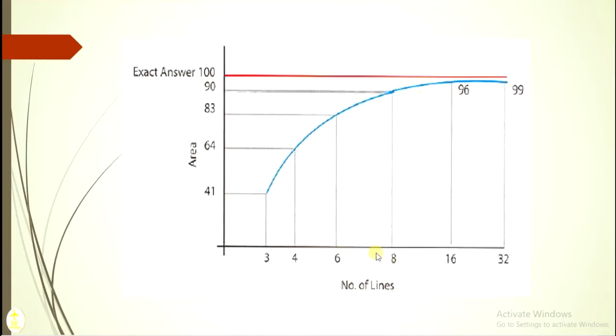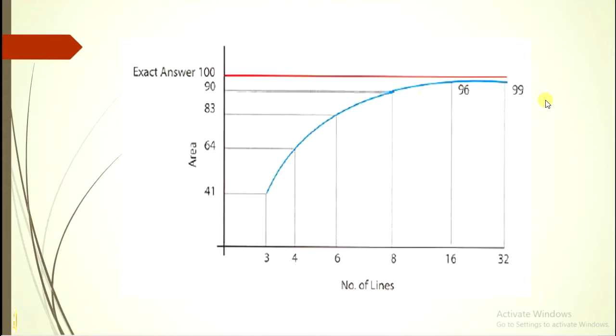Like that I'm going to increase the number of sides, and at a certain point, up to 32 sides, I get 99. So from that graph you can understand that if we increase the number of sides, the number of nodes, the accuracy will increase. This is what the convergence theory states. Now we are going to prove this convergence theory, and see how to apply it in a practical way.